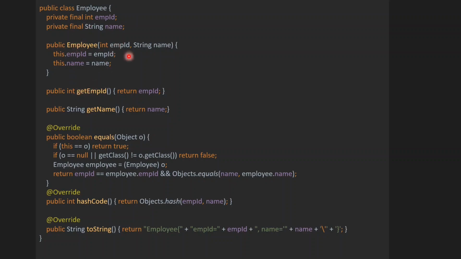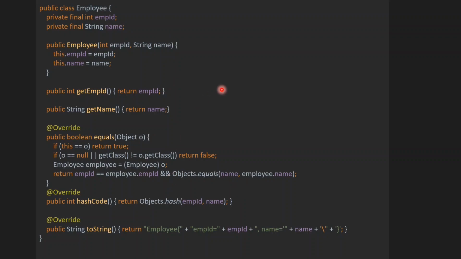But we need to add this constructor, then we need to add accessor methods to read those values, and we need to also override equals and hashCode to make sure that if this class is used in any of the collection framework, it works well inside it. Also the toString method.